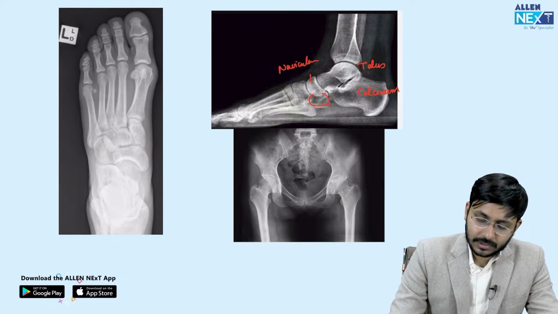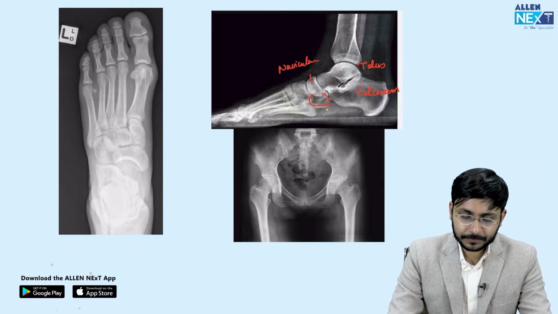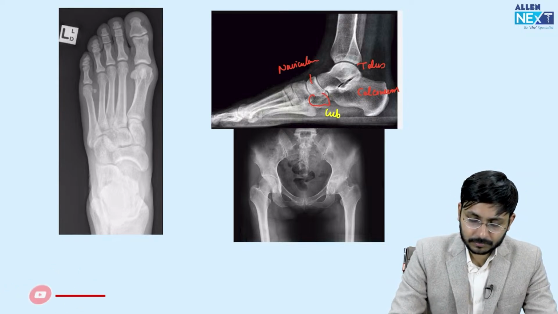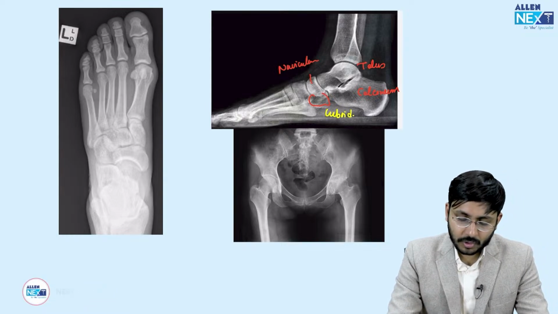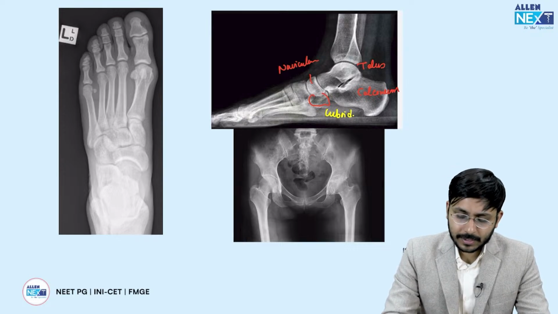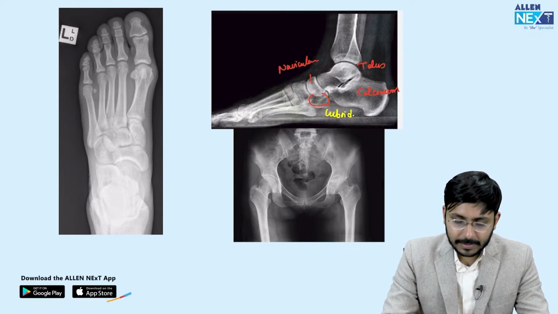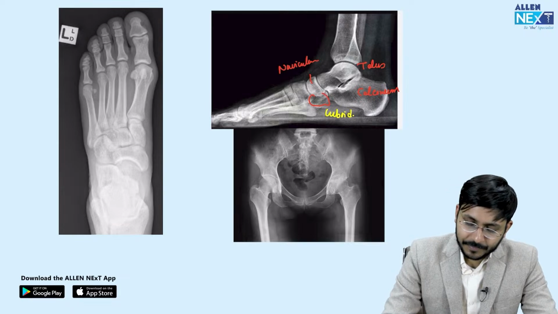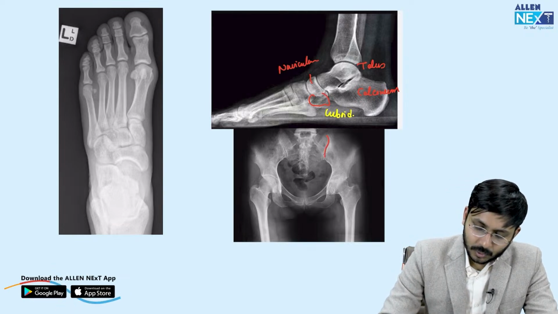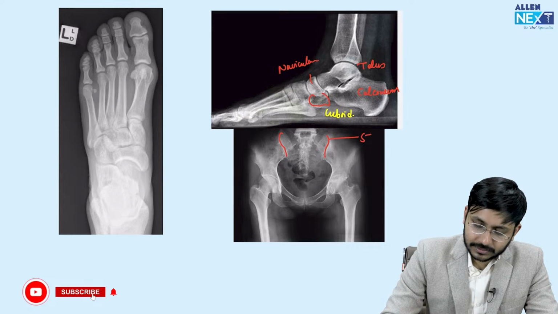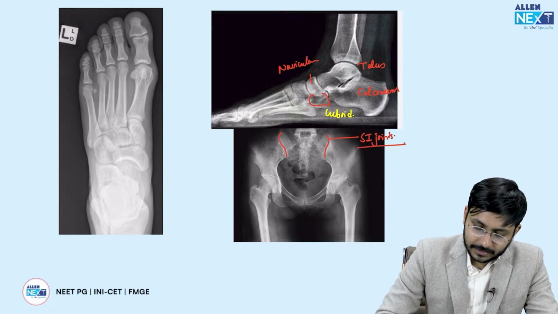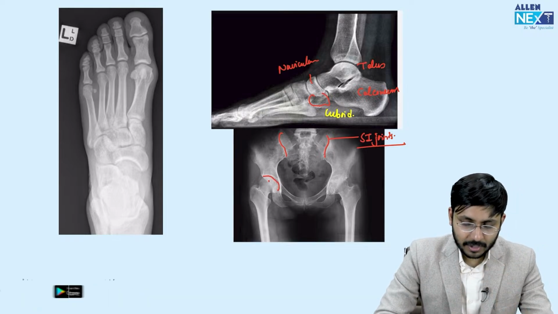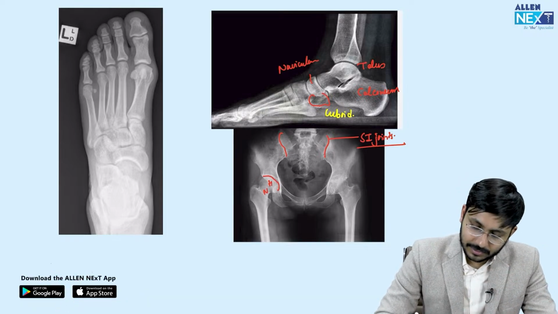This right here is the cuboid. The AP foot radiograph I've already labeled, and on a pelvis and bilateral hip X-ray, we see that these two are the SI joints. These are the SI joints, correct? This is your hip joint, the head of femur, neck of femur, the greater trochanter, lesser trochanter,